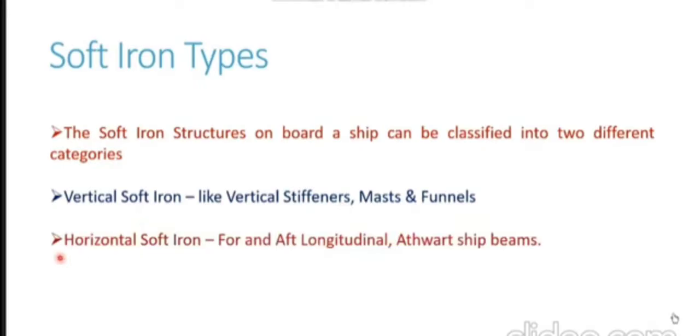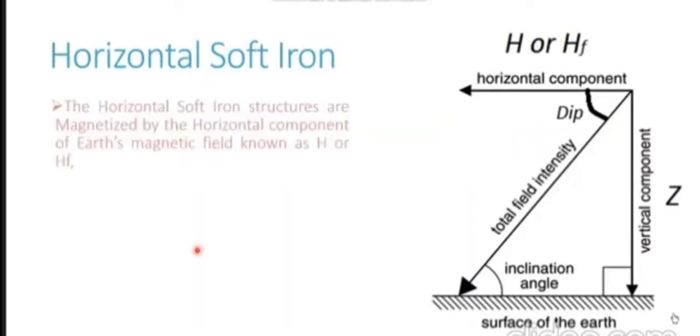The second type of soft iron structures could be horizontal soft iron structures. Horizontal soft iron structures could be the fore and aft longitudinals or the athwart ship beams. Both the longitudinals as well as the beams are welded on top of the decks or top of the keel plate, or at the top deck of the tanks. So they have a horizontal orientation. These are the two different categories into which the soft iron is divided. In short, the vertical soft iron is also known as VSI, and the horizontal soft iron is known as HSI. Now, if you consider a horizontal soft iron,